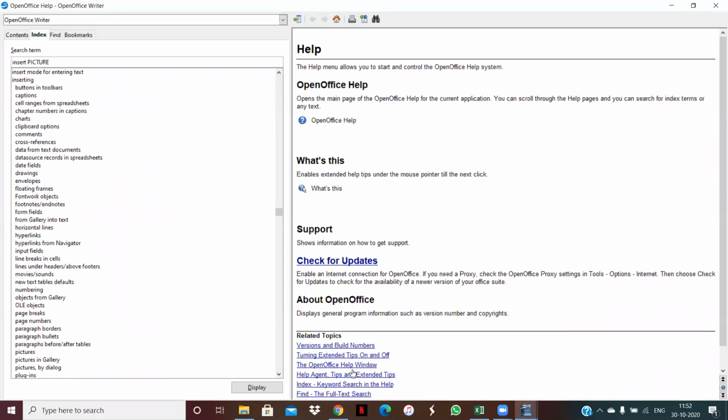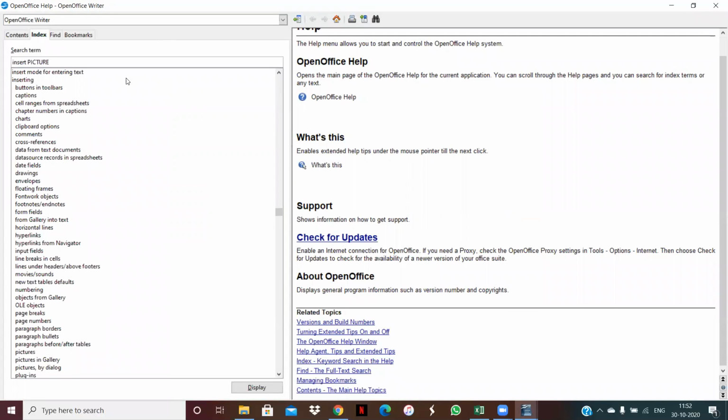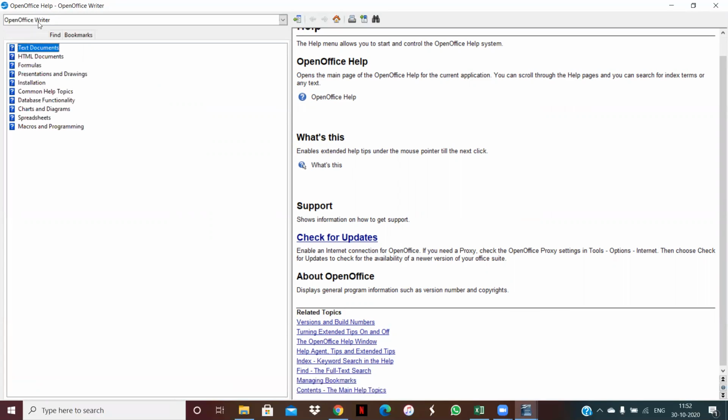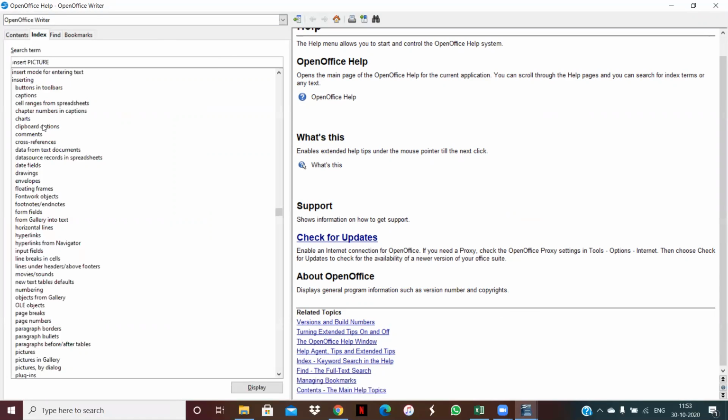All these things it will show here. This kind of points are here. You can read all the anything you want to find out, anything you want to bookmark, content, simple content is here. What kind of things are text document, HTML document. These are not a part of your syllabus. Now you can just do from here.